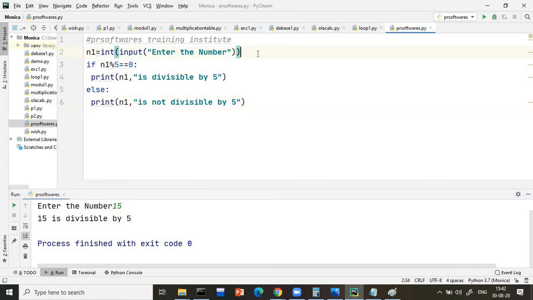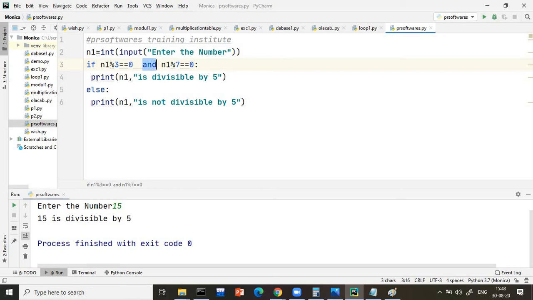So how will I write? I will read the number. Here I will write n1 modulus 3 equals to 0. That is true. One more condition I need to write: n1 modulus 7 equals to 0, because both are independent conditions. I wanted to check whether n1 is divisible by 7 and n1 is divisible by 3. But only if both are divisible do I want to print it. So in that situation, you will write AND. What is the meaning of AND? Already we discussed the AND operator in yesterday's section, about the operators.